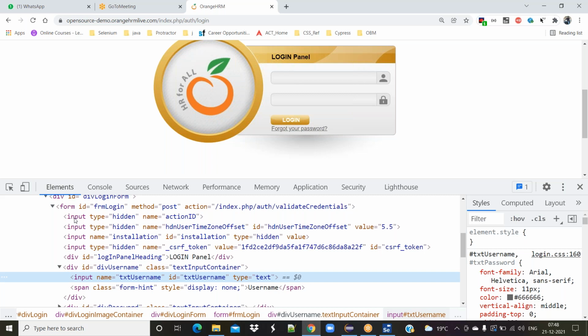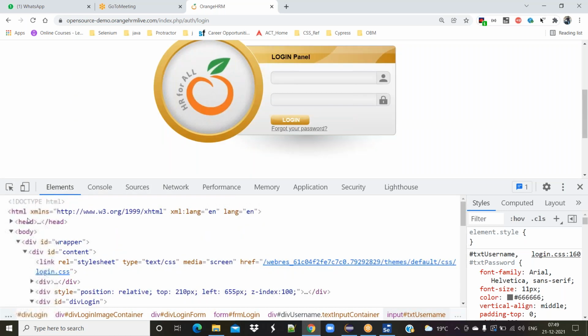So this tag name might be a duplicate or a unique. It's not an issue. Multiple tags might share the same common name. This tag name and everything will be assigned by the front end developers. It's not our headache. So all these things we used to call tag names.